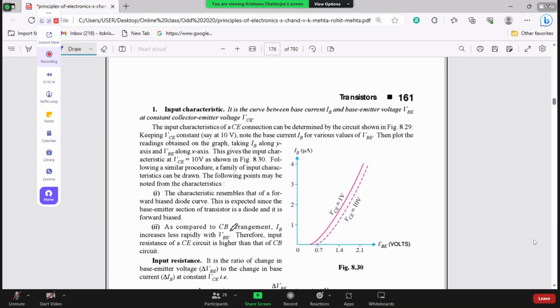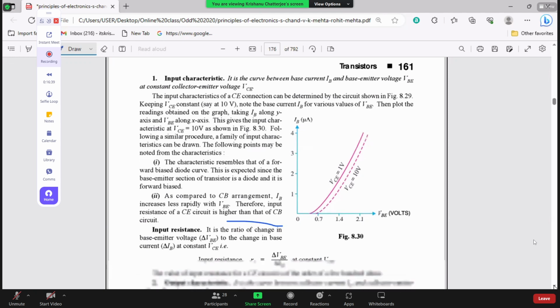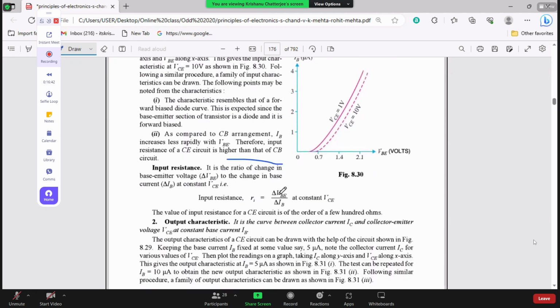See, as compared to CB arrangement, IB increases less rapidly with VBE. Therefore, input resistance of CE circuit is higher than that of CB circuit. And the graph shifts towards right. Okay. If you want to find out input resistance, Ri equals delta VBE by delta IB at